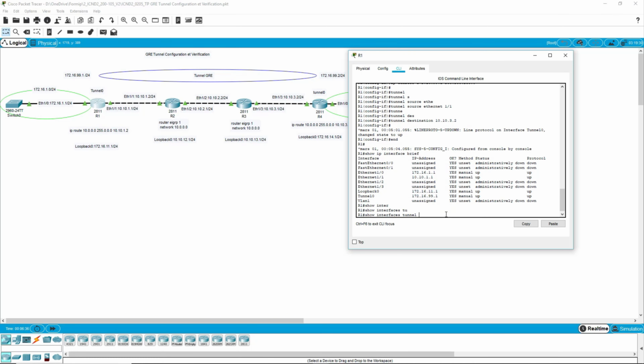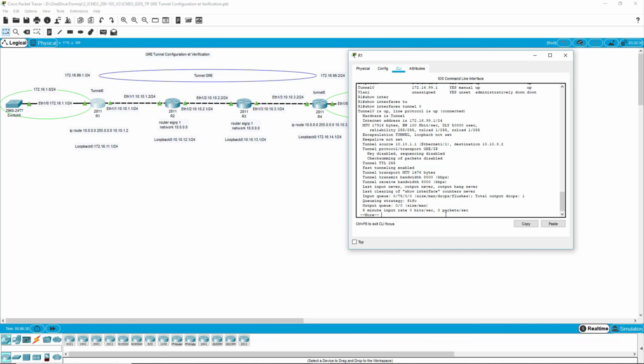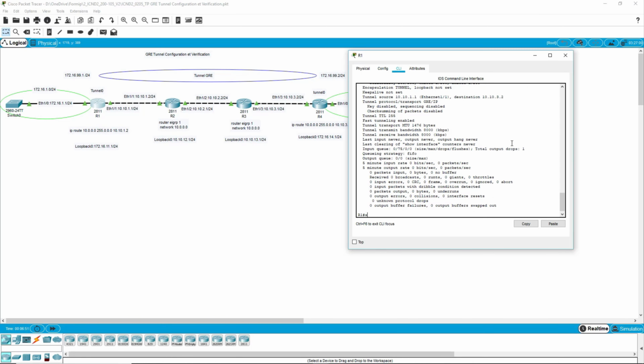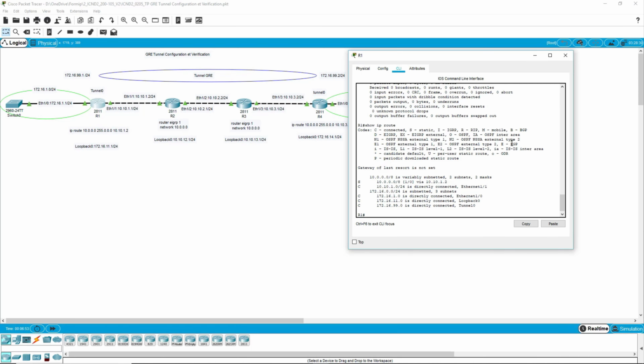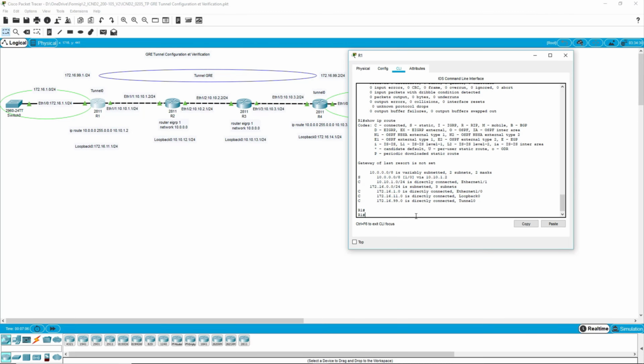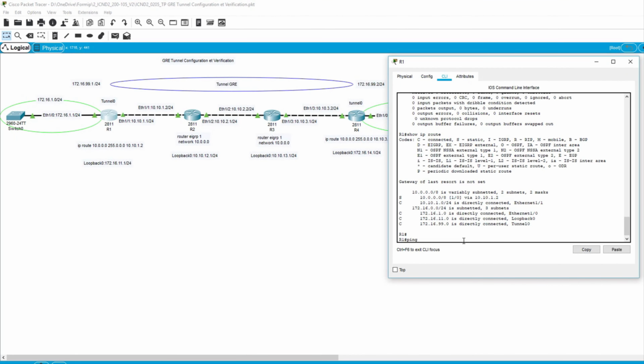If you want to get more information about this tunnel, you will have to use the command show interfaces tunnel 0. With this command, one can see its source IP and destination IP. We will now go to the routing table of this router with a show ip route. Here, we can see the 172.16.99.0 network, which is directly connected to router 1,